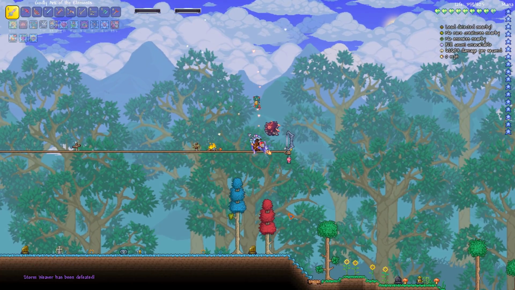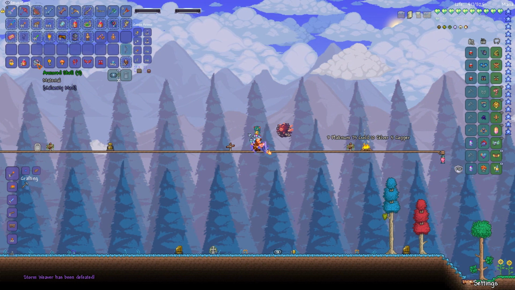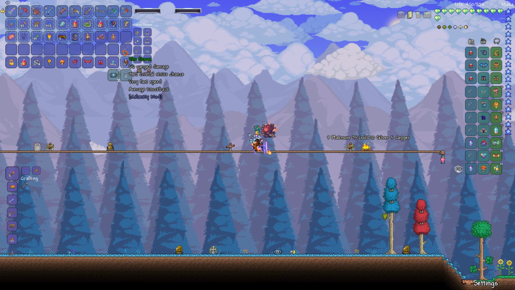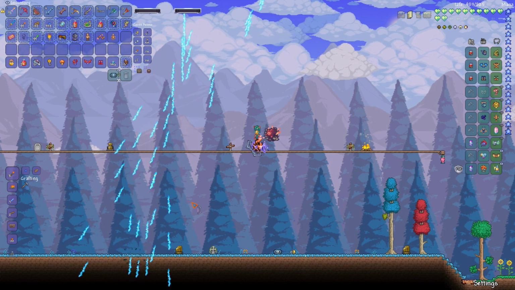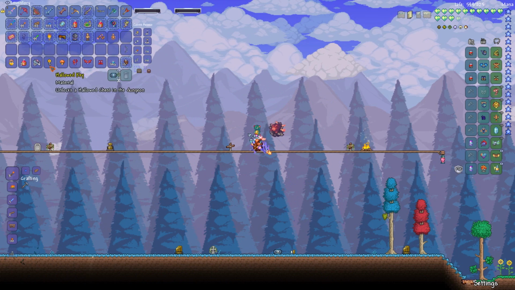Leviathan strats worked. We killed the Storm Weaver. Okay, we didn't end it off on a sour note. We got a bow from it, unfortunately, but...